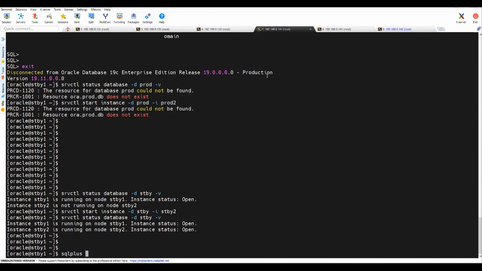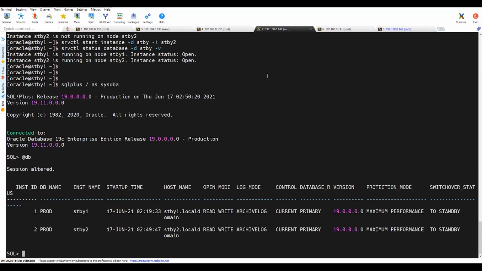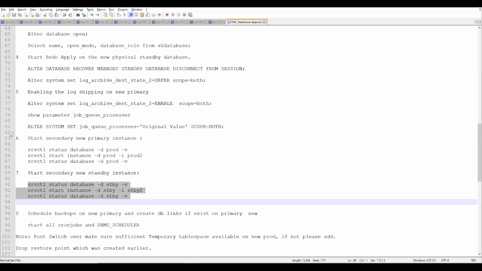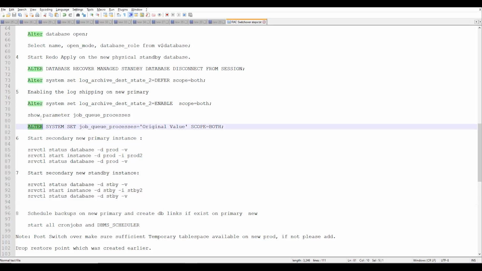Let me log into the database and see the current status. Here you can see both instances are up and running and open in read write mode. That means my database is open, and if you have disabled your job queue process, you can re-enable it using these commands.